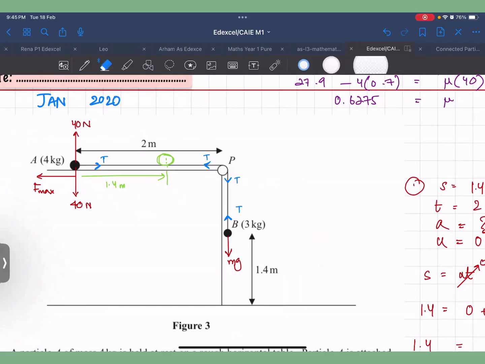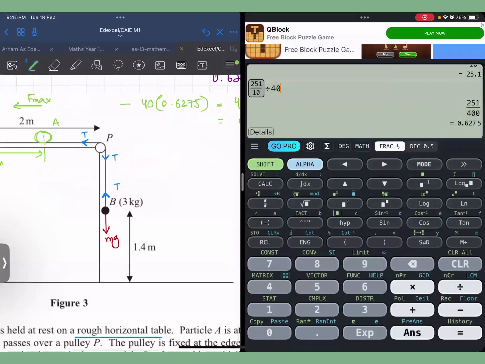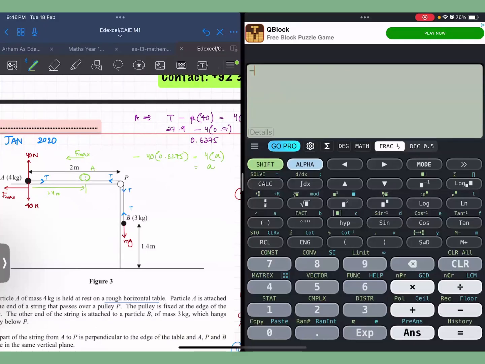And after that, the acceleration of the particle A, we'll have to find it out. Friction would still be there, right? So there's only one force which would be stopping it from going to the right side, which is the friction. So F max would be the same, 40 times 0.6275, mu N, and this would be negative, is equal to ma, which is 4 times acceleration. So acceleration would come out to be, the tension is now finished, right? They are now moving independently. Tension is 0. So minus 40 times 0.6275, and this divided by 4. This is giving you